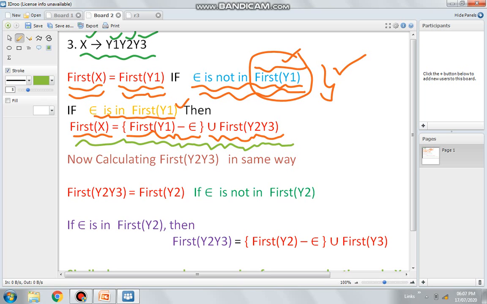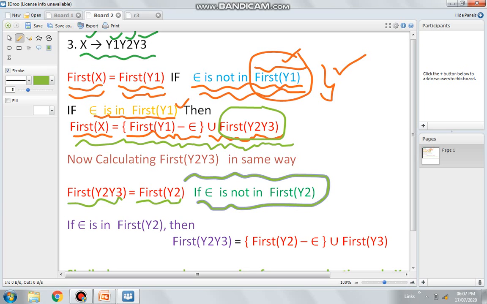In the same way we will calculate first of Y2 Y3. How? First of Y2 Y3 equals first of Y2 if first of Y2 does not contain epsilon. If it contains epsilon, in that case first of Y2 Y3 equals first of Y2 minus epsilon union first of Y3.